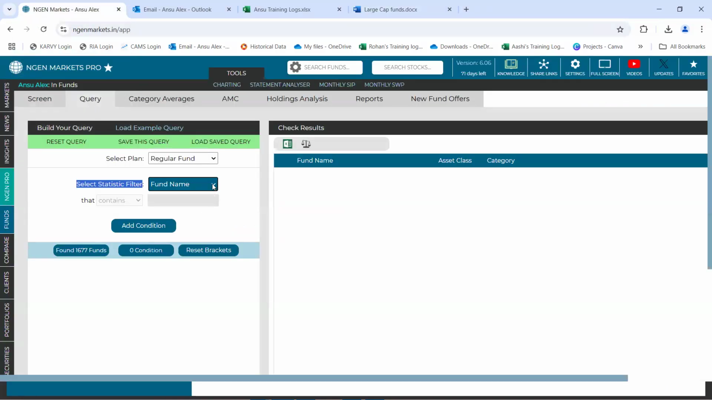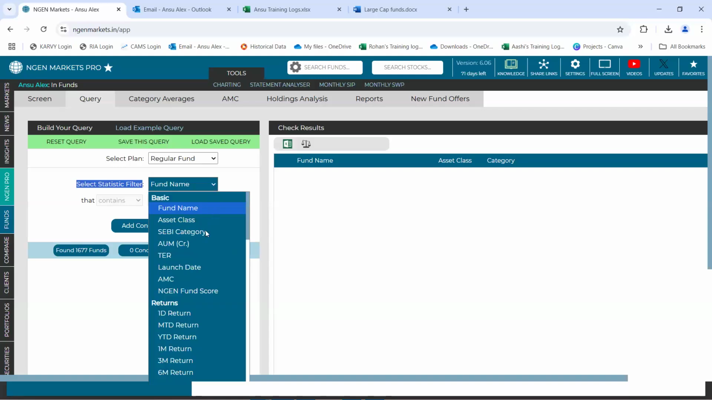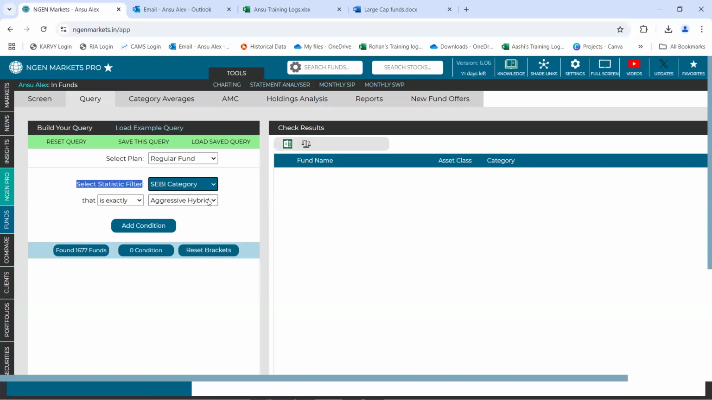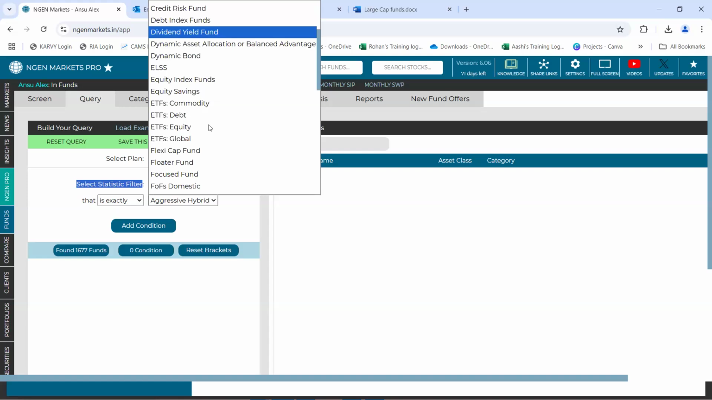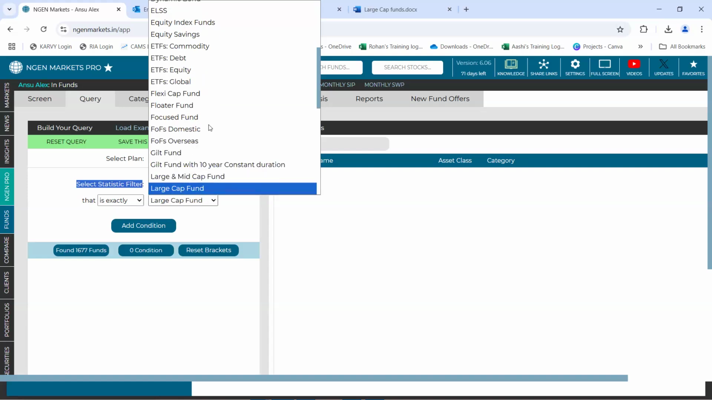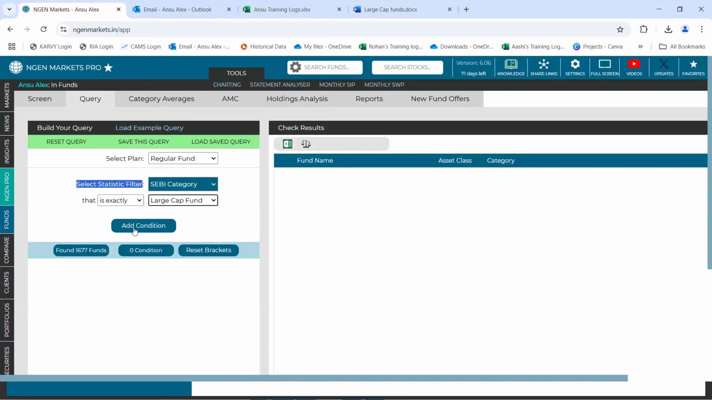I'll click on this drop down, and since large cap is a SEBI category, I'll select this SEBI category. Once you do that, just below that, you will be able to see the list of SEBI categories once you click on this drop down. Now I need to locate large cap, so I'll just click on L and I'll locate large cap right here. Just click on that, and all you need to do is click on add condition. So, basis the first condition of large cap as a SEBI category, it says that there are 32 large cap